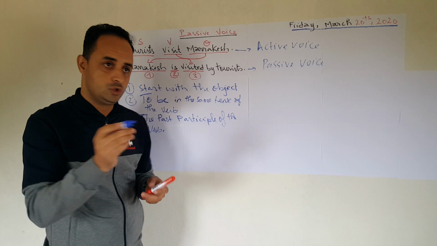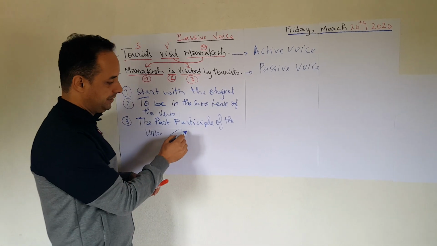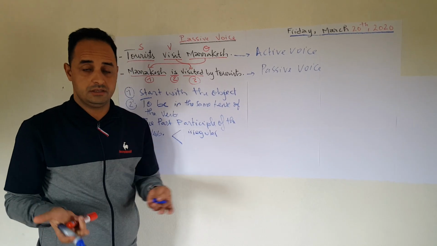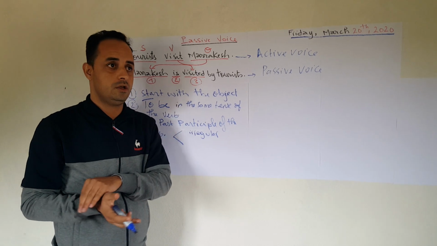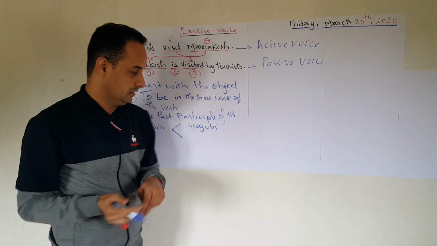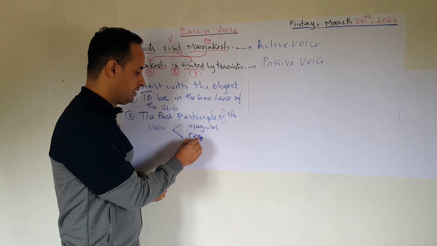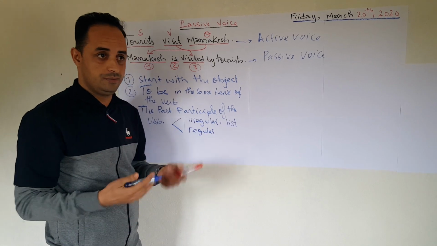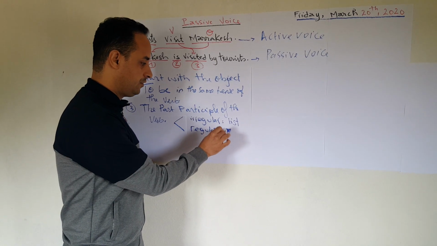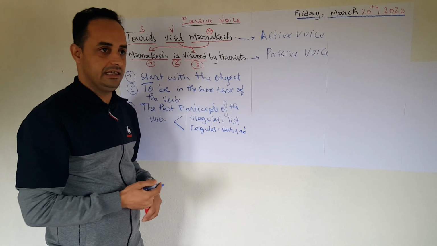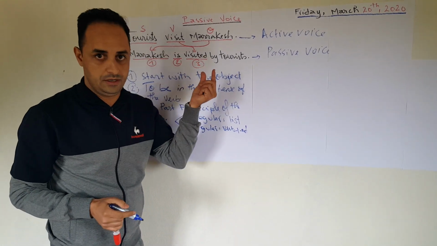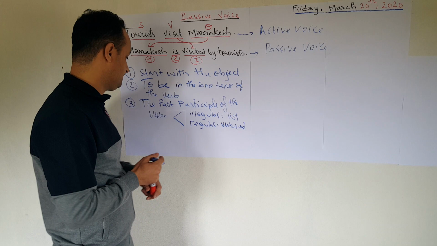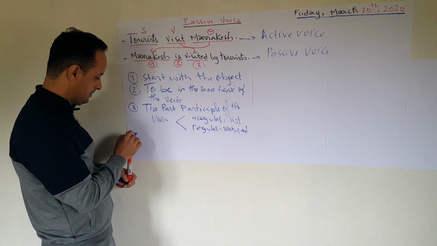And for the past participle, there are two ways. Either the verb is irregular, the verbs change, like the verb do, the past participle is done, the verb eat, the past participle is eaten, or it's regular. So for irregular verbs, there's a list that you need to memorize because the verbs change. However, for regular verbs, you just take the verb in the infinitive and you add ed. In this case, visit, it's just ed, which is added here. Play, for example, played. Clean, cleaned. Cook, cooked, etc. And the last step